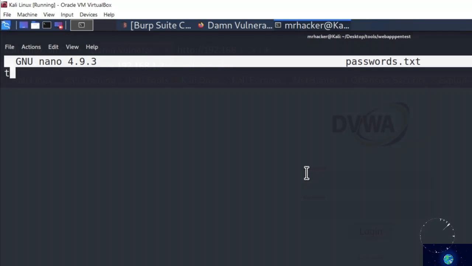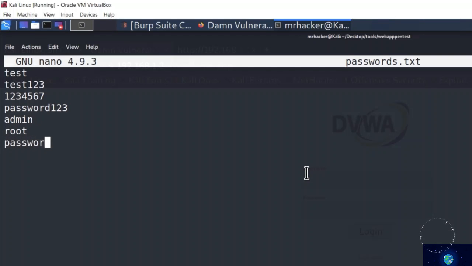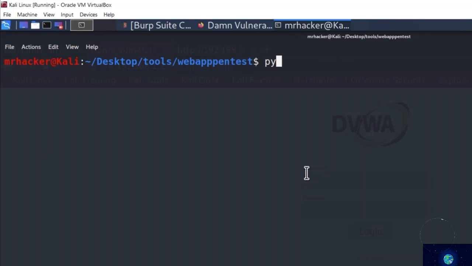So the passwords can be something like test, 123, 1234567, password123, admin, root, and then the correct password. So we're just going to write password right here. And let's also write the password for the Gordon account, just so we can test two different accounts. And let's write another incorrect password at the end, which could be ABC. Okay, this is just the test example of the program, and let's Ctrl-O,